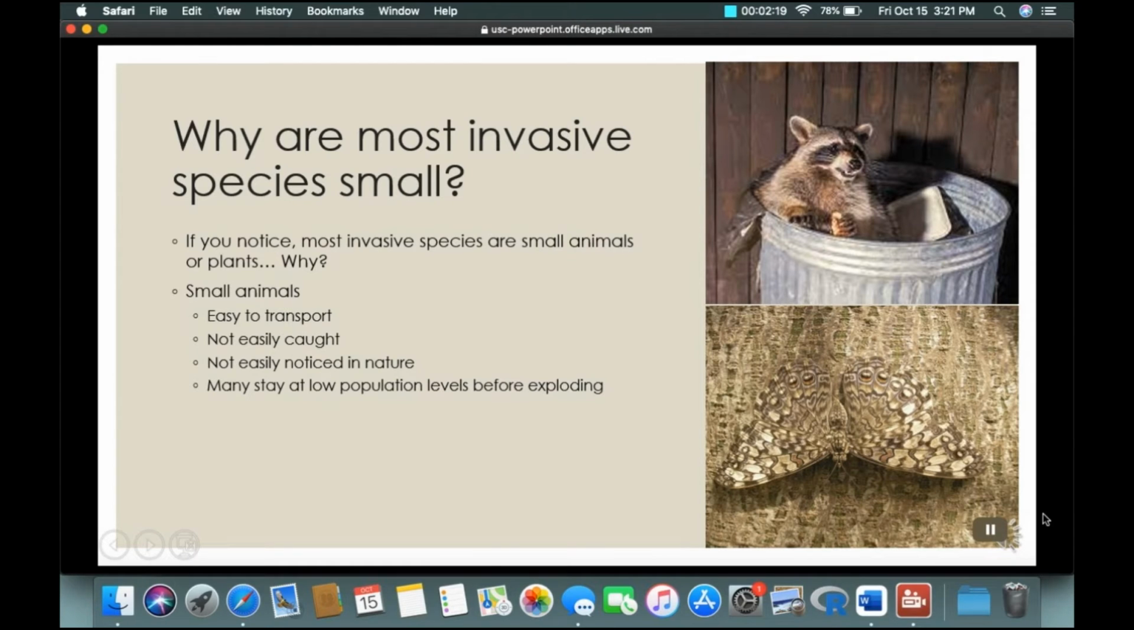As you've probably noticed by now, most invasive species are small. Smaller species are easier to transport, it's a lot easier for them to not get caught, and some of them even arrive accidentally. And unless you really know your native plants and animals, it's hard to walk outside and just say, this doesn't belong here. Like, that tree right there should not be here. It's a very hard thing to do. And many stay at low levels of population before they rapidly take over, and that's often when you truly